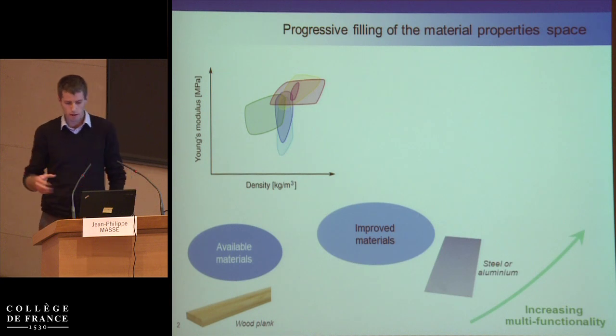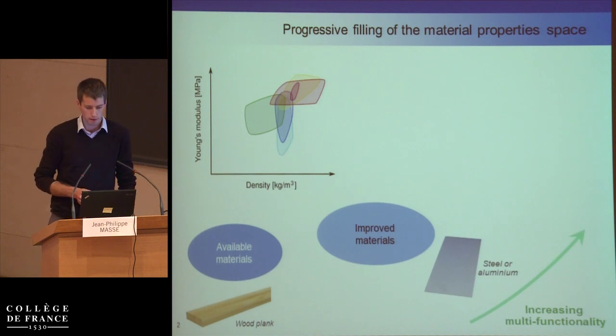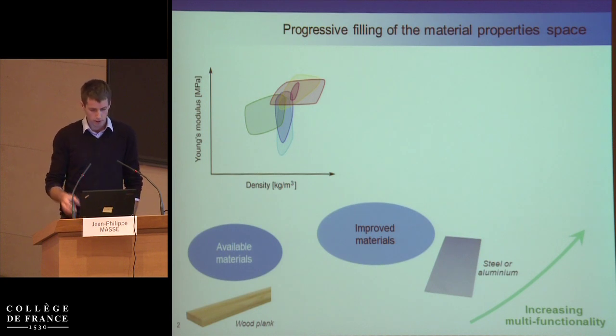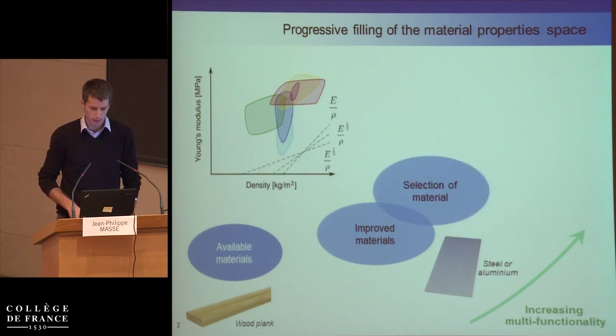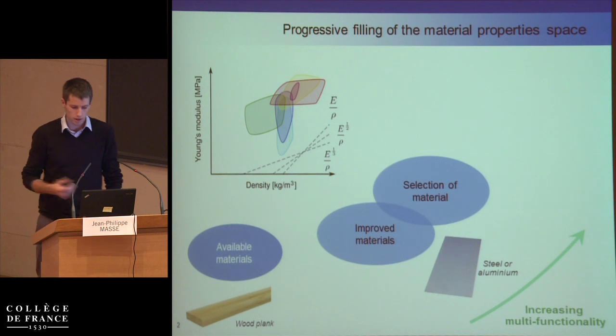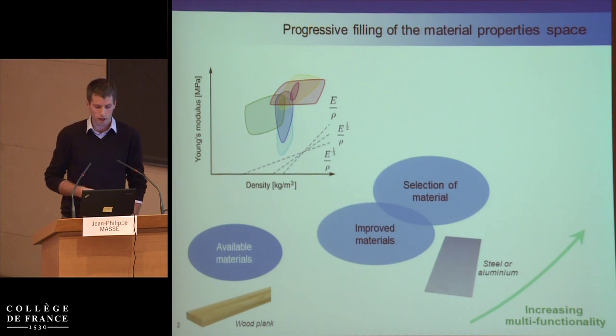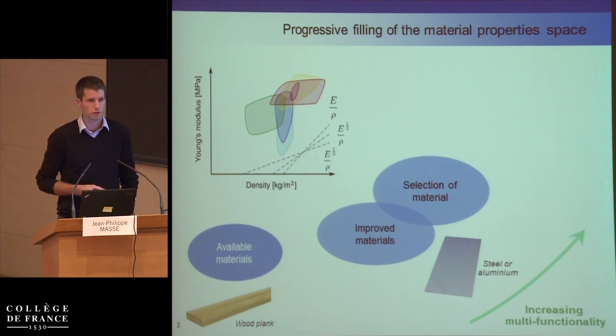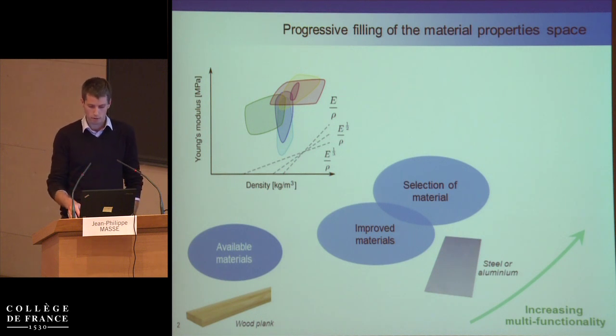We enlarge the space of materials with metallurgy and chemistry, and we improve more and more the available materials for designing parts and products. And thanks to selection tools, we are able, for a given specification, and more multifunctional specification, to select the good material, the best compromise between